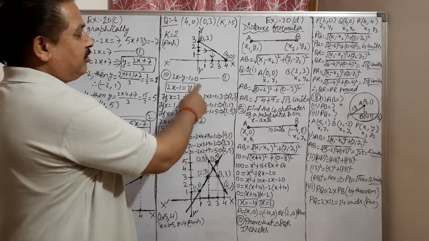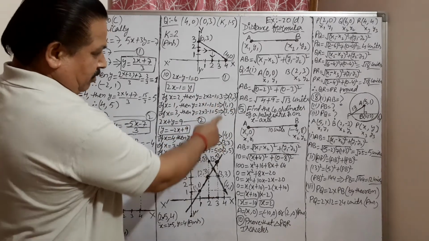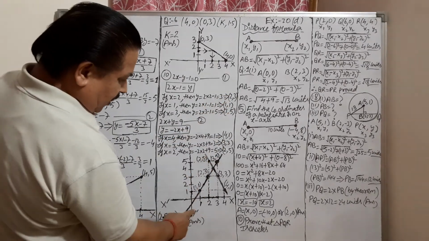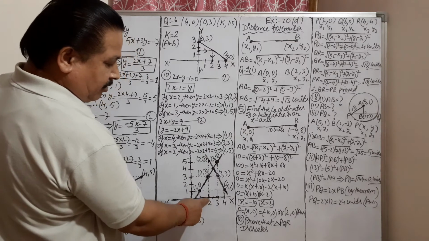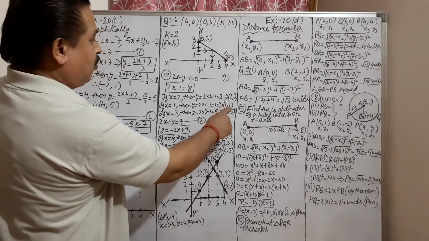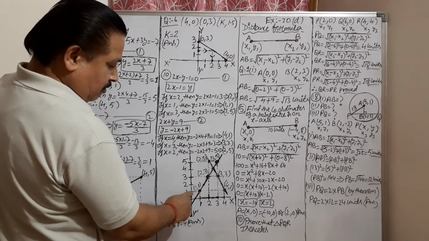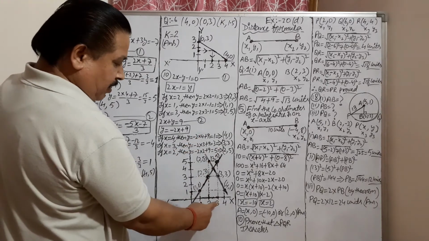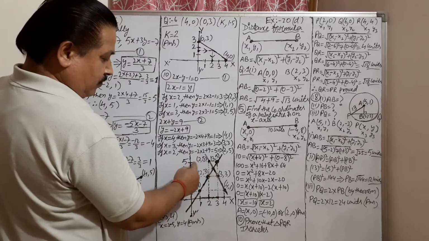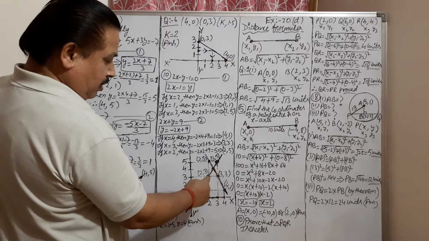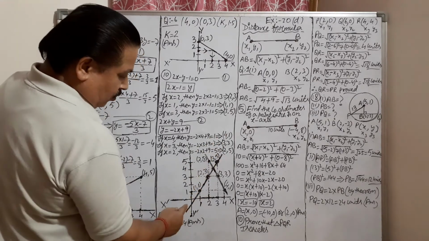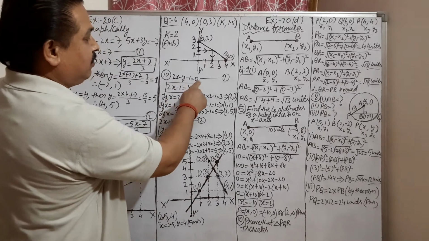Now start putting these plotting points. These plotting points represent equation number 1. So start with these 3 first. Now 2, 3. So take 2 on the x-axis, and from the y-axis 3. This is 2, 3. Second one, 1, 1. 1 on the x-axis, 1, and 3, 5. 3 here, and 5 over here. This is 3, 5. Put your scale along these 3 points and join them. So this line is representing equation number 1.